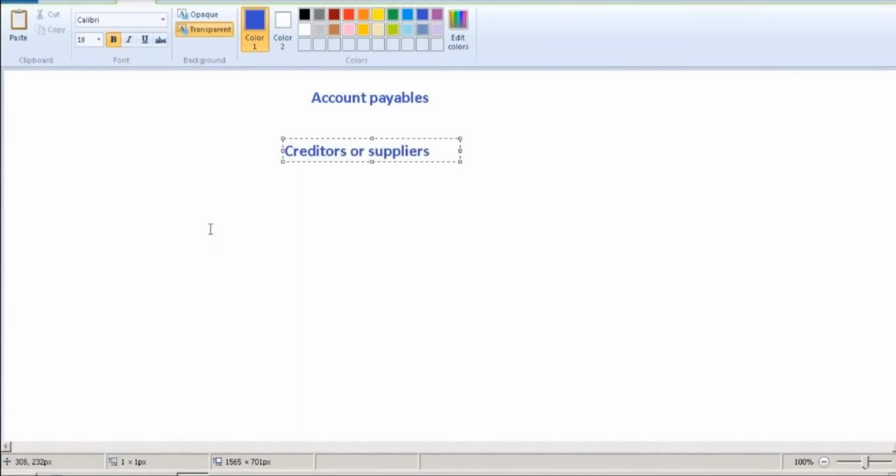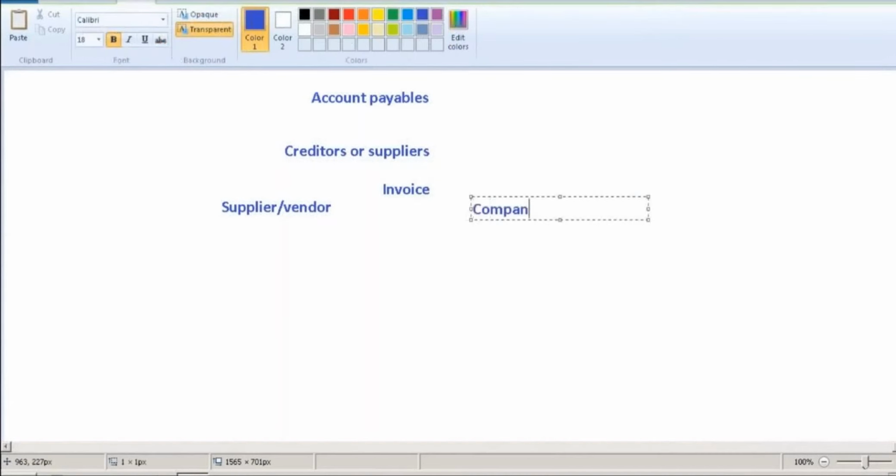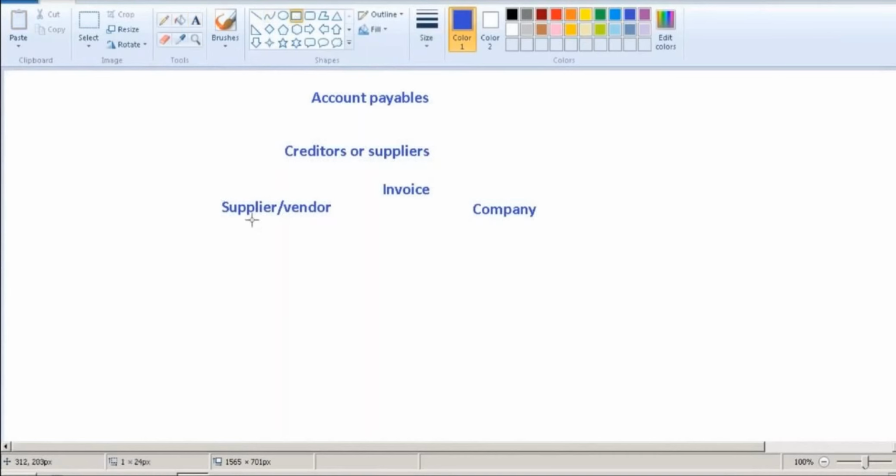The supplier or the vendor will send an invoice to the company. So the supplier or the vendor will send an invoice